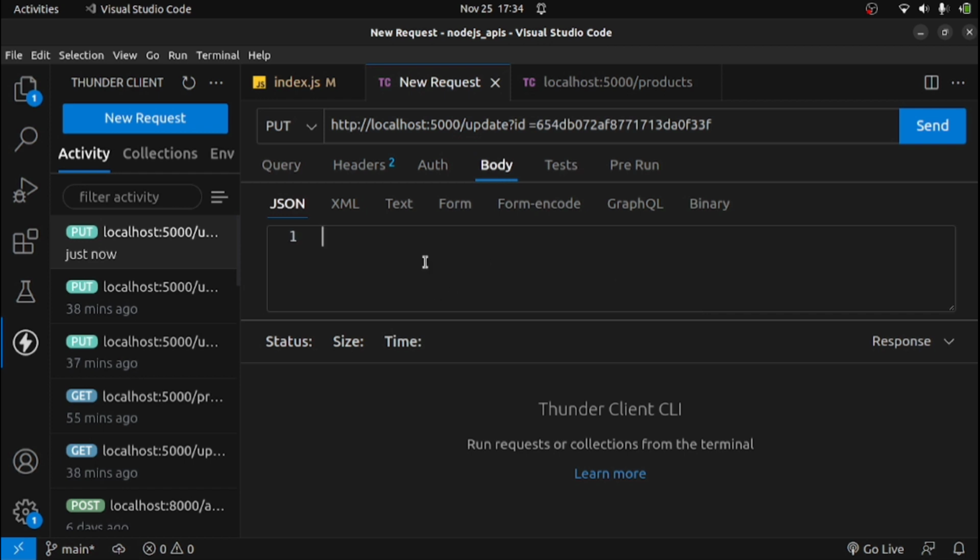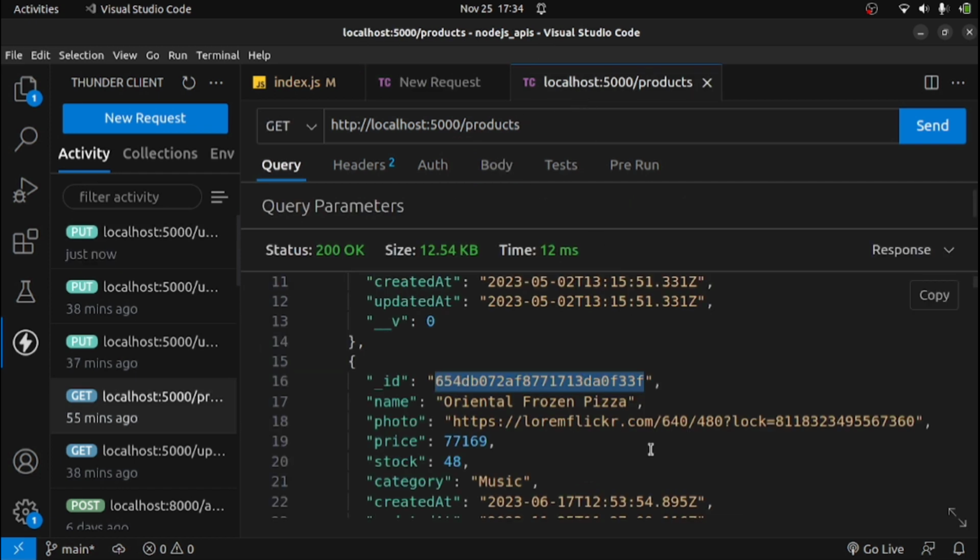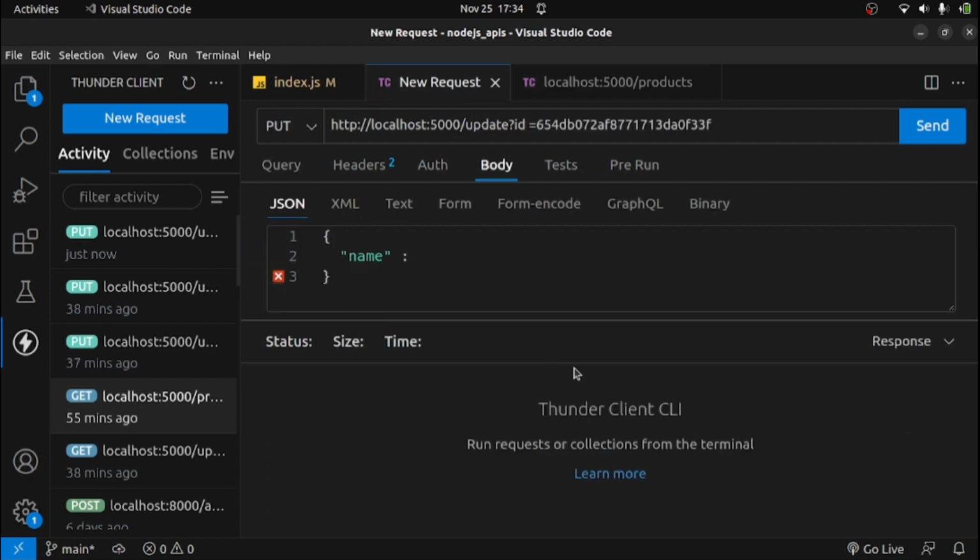And in the body we will pass the name of the product, and I am changing this name to be only Oriental pizza. So now if I send this request,